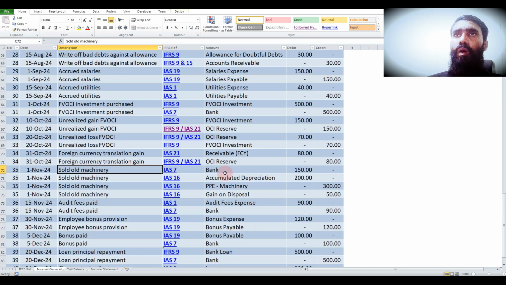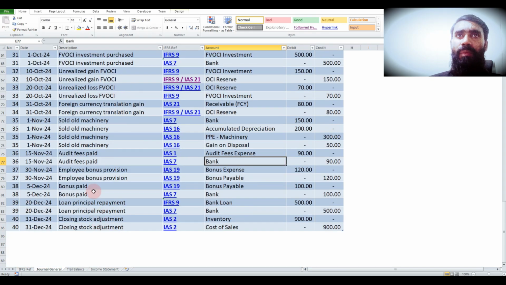Sold old machinery, we have discussed this rule before: bank debit, accumulated depreciation debit, property plant equipment credit, gain on disposal credit. Audit fees paid: audit fees expense debit, bank credit. Employee bonuses provision: bonuses expense debit, bonuses payable credit. Bonuses paid: bonuses payable debit,